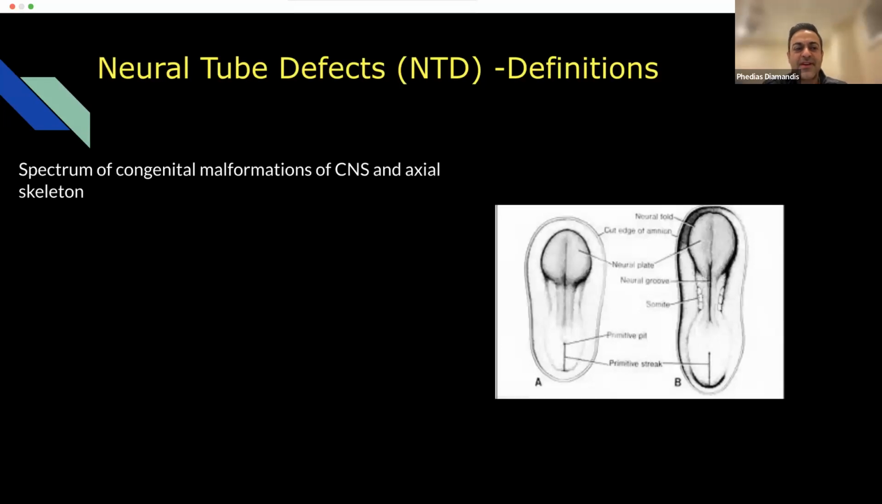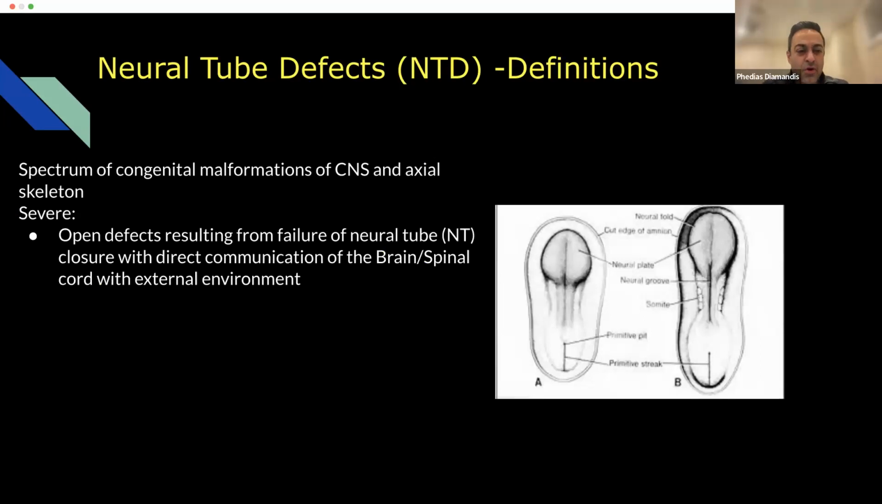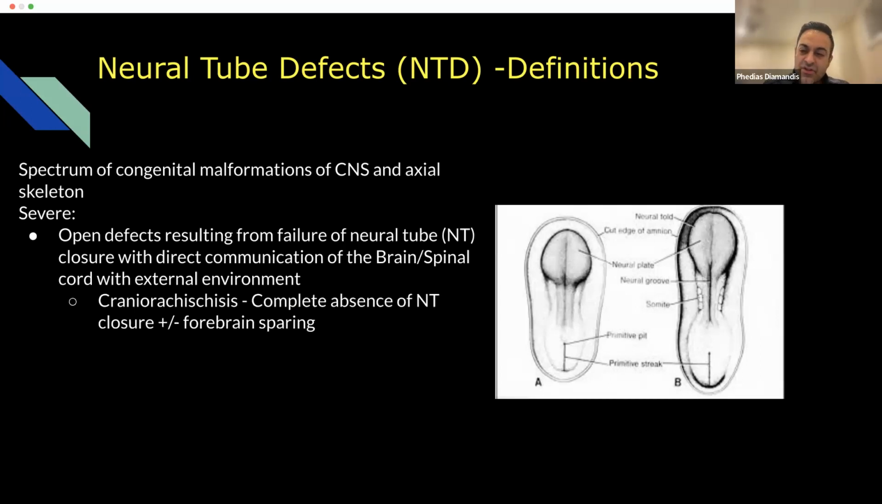So again, neural tube defects are really a spectrum of congenital malformations of the central nervous system and axial skeleton development. We're going to start with the most severe ones, which are open defects resulting from failure of the neural tube to close. Therefore there is direct communication of the neural tissue with the external environment, which is the amniotic fluid. This is a toxic substance for the nervous system and leads to brain degeneration. So the most severe form, as you can see in the picture on the right,